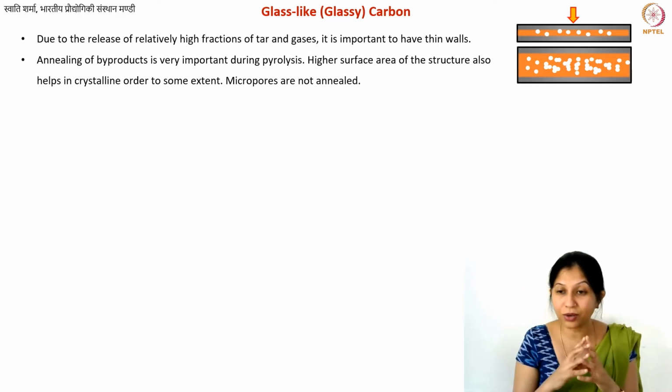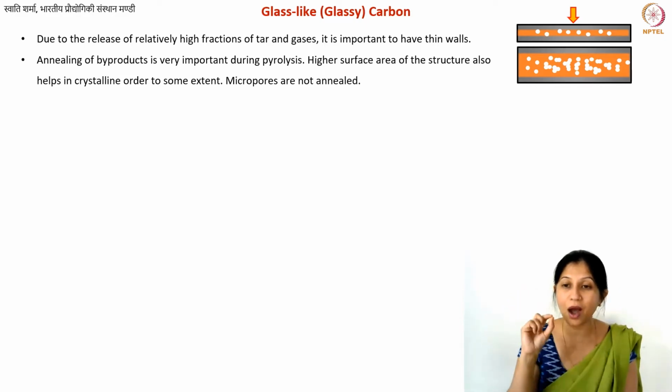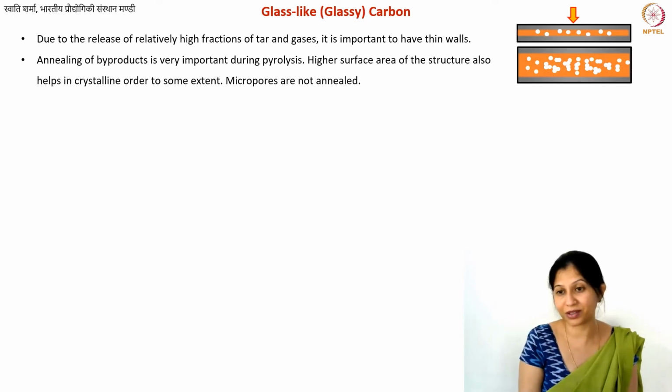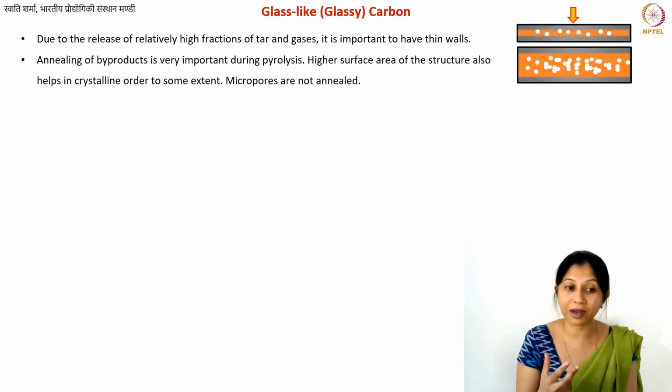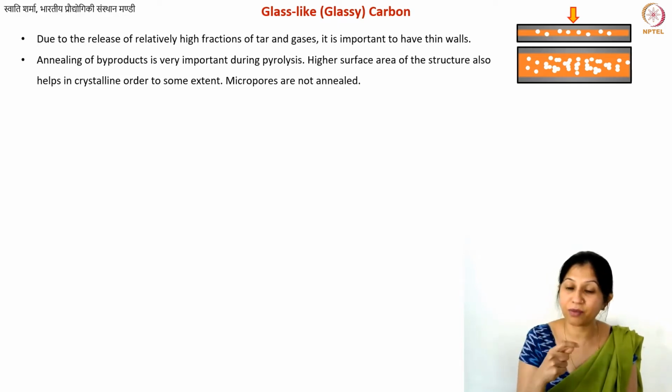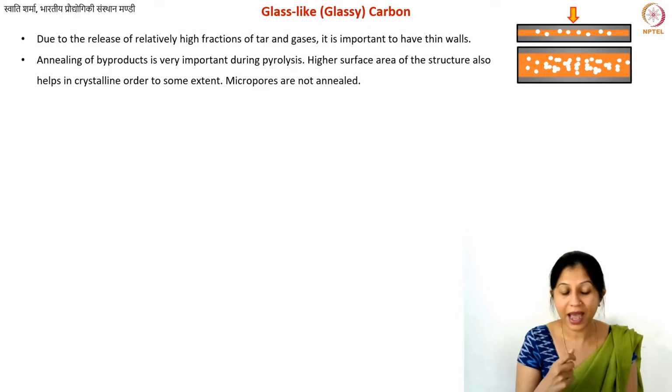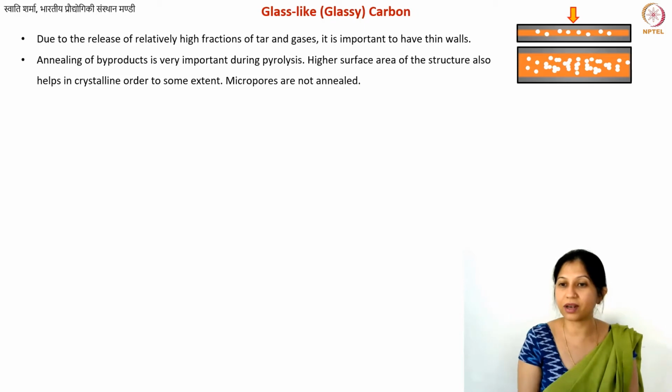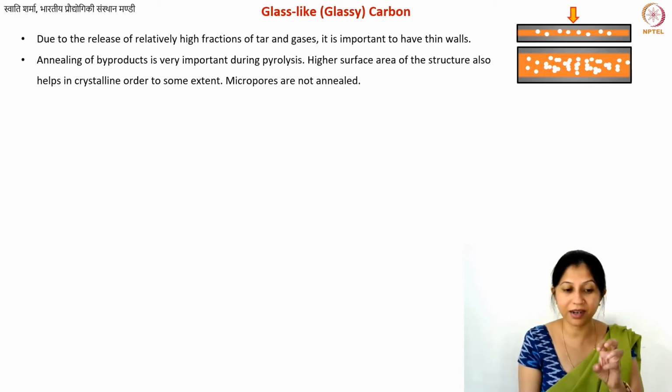So what do you need to do? You need to have the optimum thickness of your structures. That is in fact one of the biggest challenges when you make glassy carbon structures at an industrial scale. You cannot have very thick structures, because once you have very thick structures, you may still have impurities trapped inside. And with a smaller structure, you can also play with the heat treatment temperatures a little bit, because the idea is to get rid of all the non-carbon atoms, all the impurities.